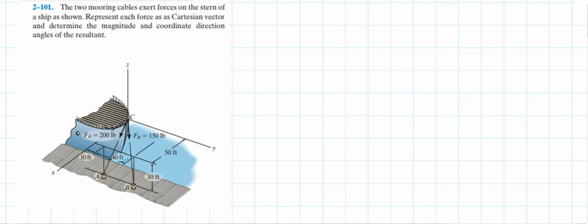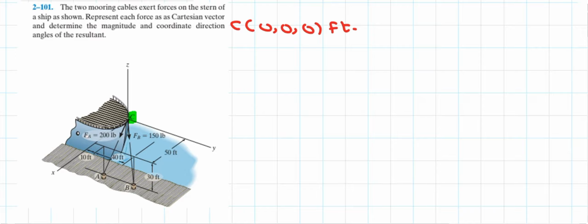Now, I want you all to look at the diagram very carefully. You can see there are 3 points here. One is point C, second is point A, and the last one is point B. So our first step is to write down the locations of every single point present in our diagram. Let's talk about point C first. Point C basically lies on the origin, so the location of point C is 0, 0, 0 foot.